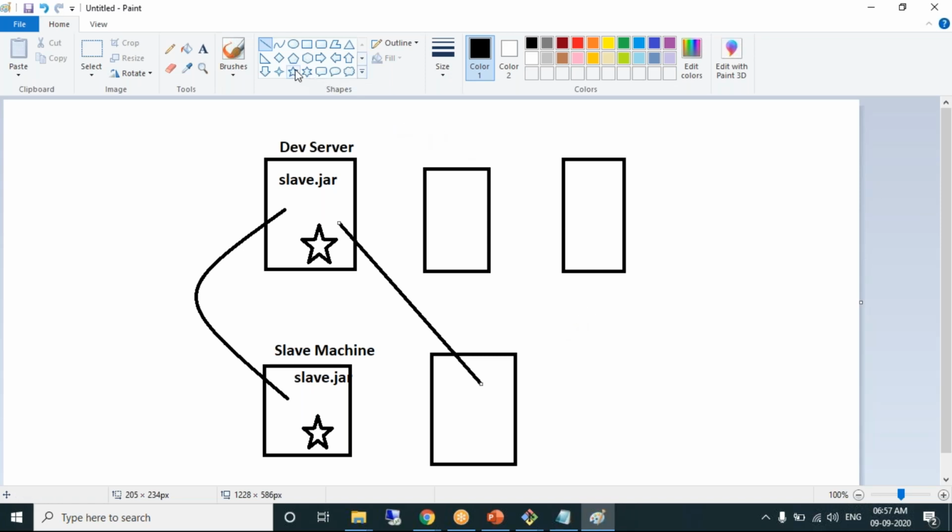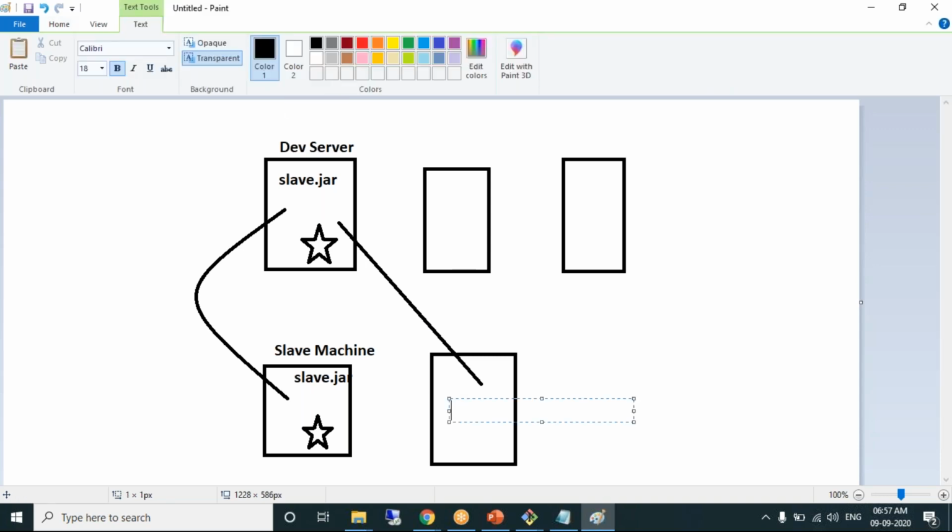So here again we have to do the same with the keys. Copy the keys to the slave machine. We have to get the files from JNLP, the slave.jar file.